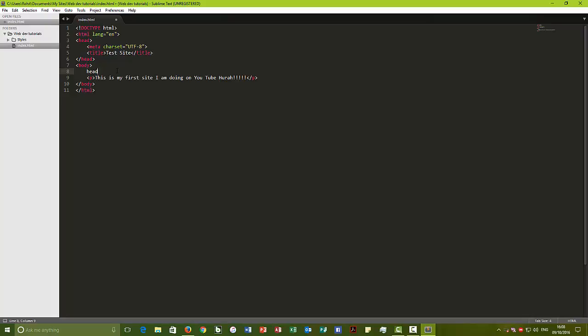And there again, I can put another P, but I'm going to leave that. Another thing I'm going to show you is the header tag. The header tag is a title tag for your page. So by default, you can just type header, tab, and you can say something like, welcome